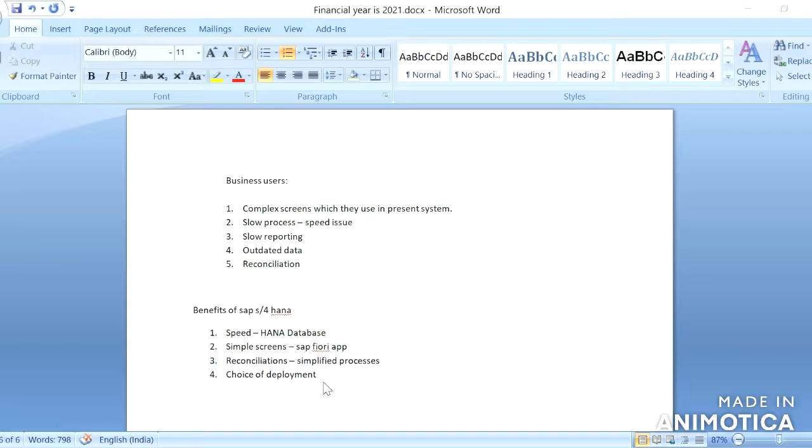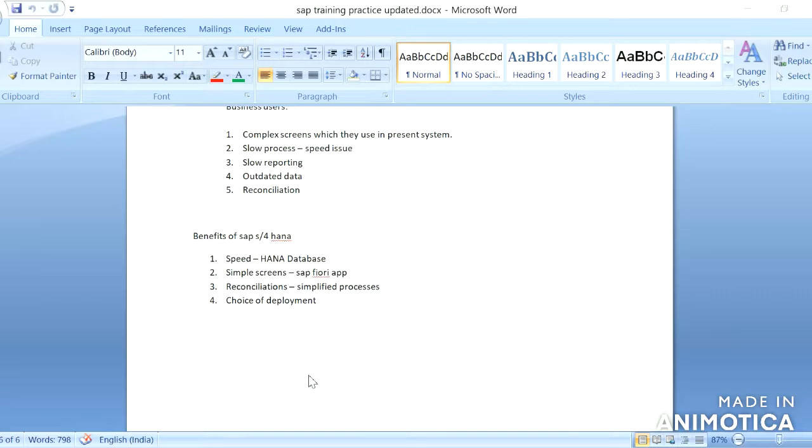So we will learn more in further. So we have discussed what are the benefits of SAP S/4HANA.